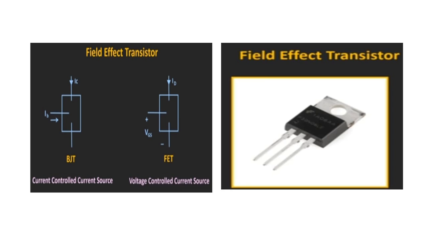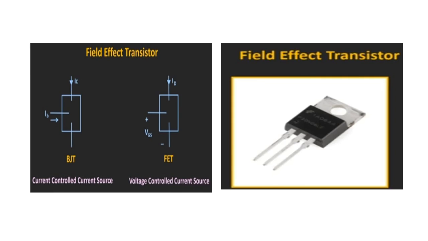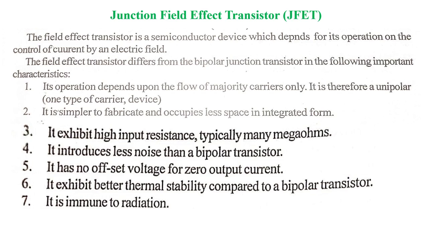In fact, the path through which these charge carriers flow is known as the channel, and if this channel is made up of n-type semiconductor, then the FET is known as an n channel FET, and if the channel is made up of p-type semiconductor, then it is known as a p channel FET. Now see,